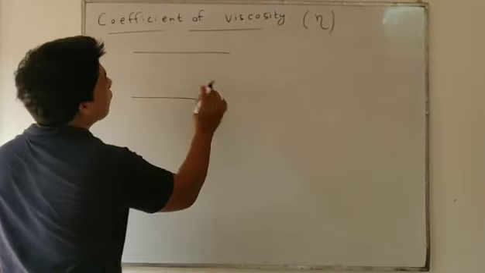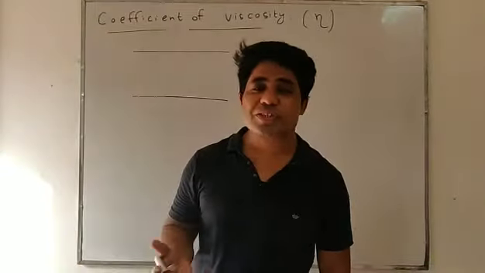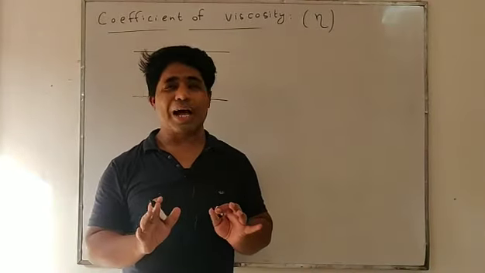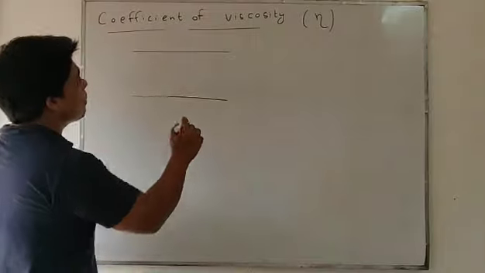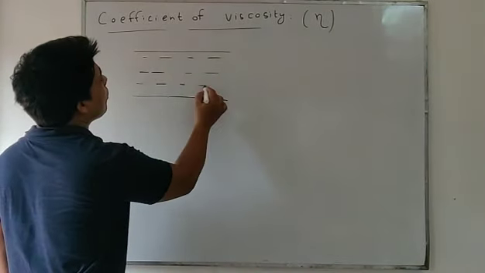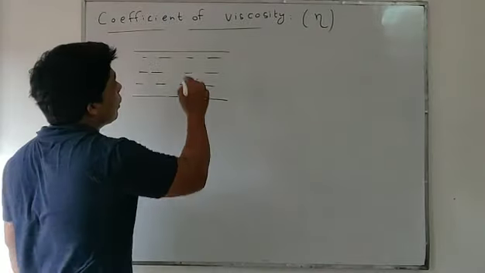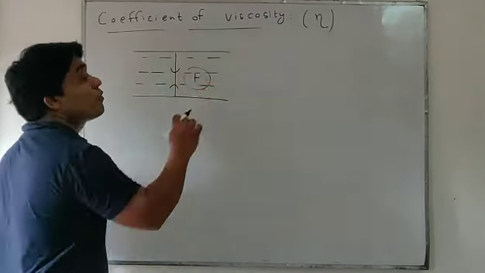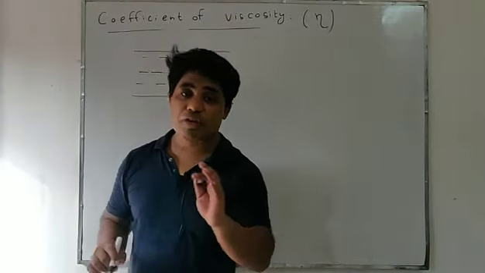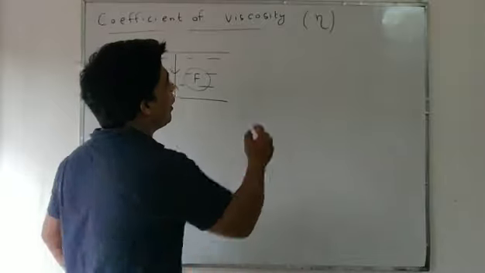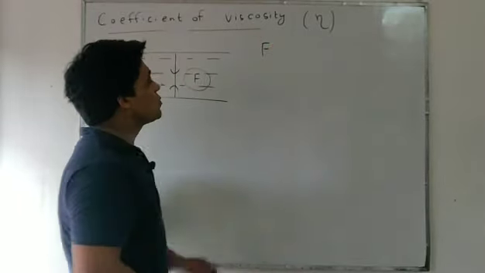Actually, about coefficient of viscosity we'll discuss in the 10th chapter, fluid mechanics. But here I'm going to explain in a simple way that two layers of a liquid experience an opposing force, and that force is called viscous force. That is an opposing force experienced by two layers of liquid, and the formula of this viscous force is